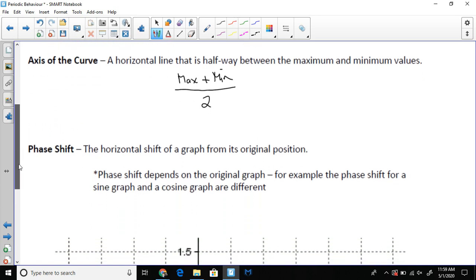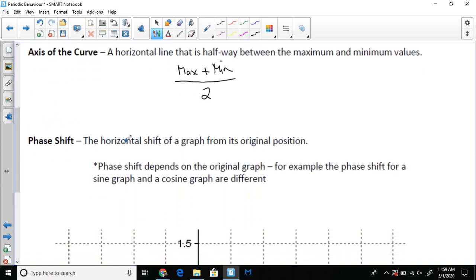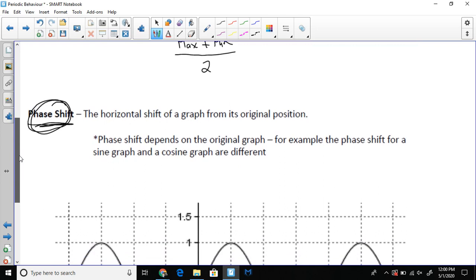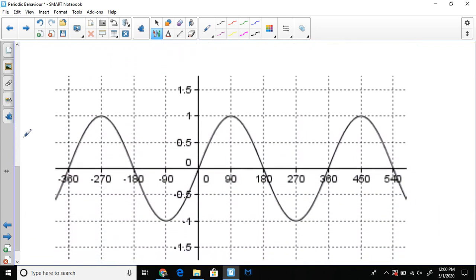And then phase shift is the horizontal shift of a graph from its original position. This we've done before, and it depends on the original graph. This is where phase shifts are a little different in trig functions, because as I said at the start, the waves can go on forever. So if I look down here,